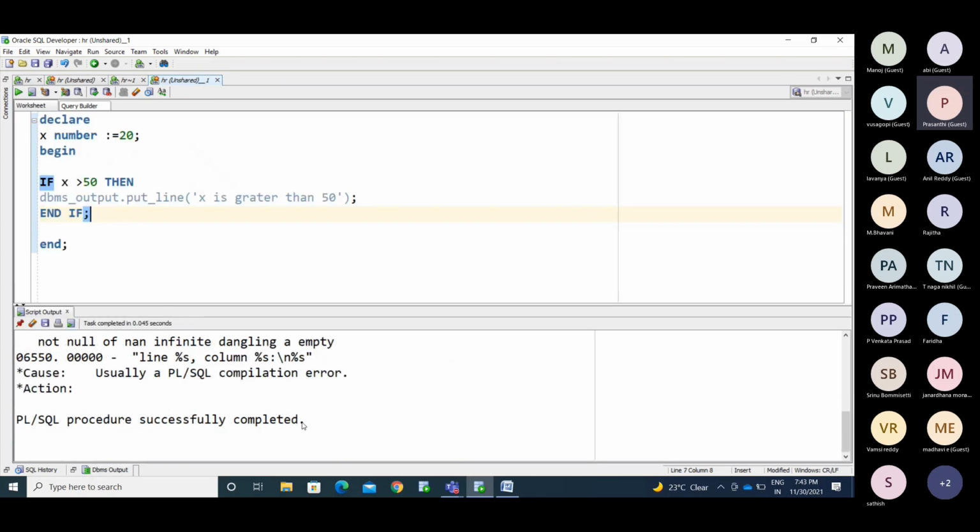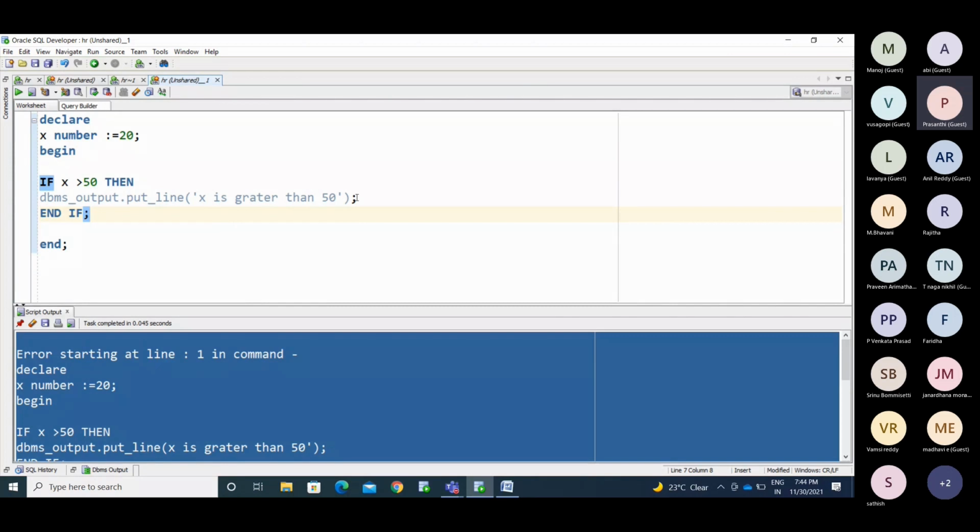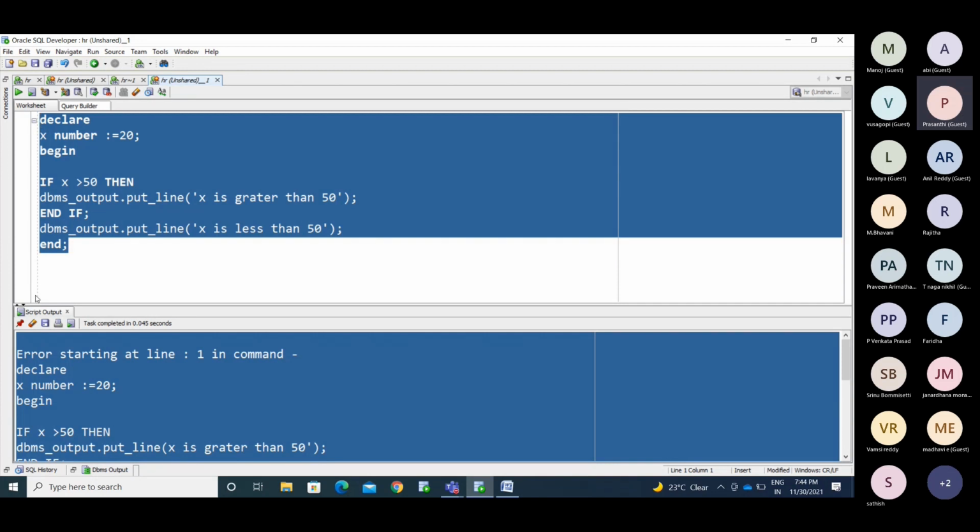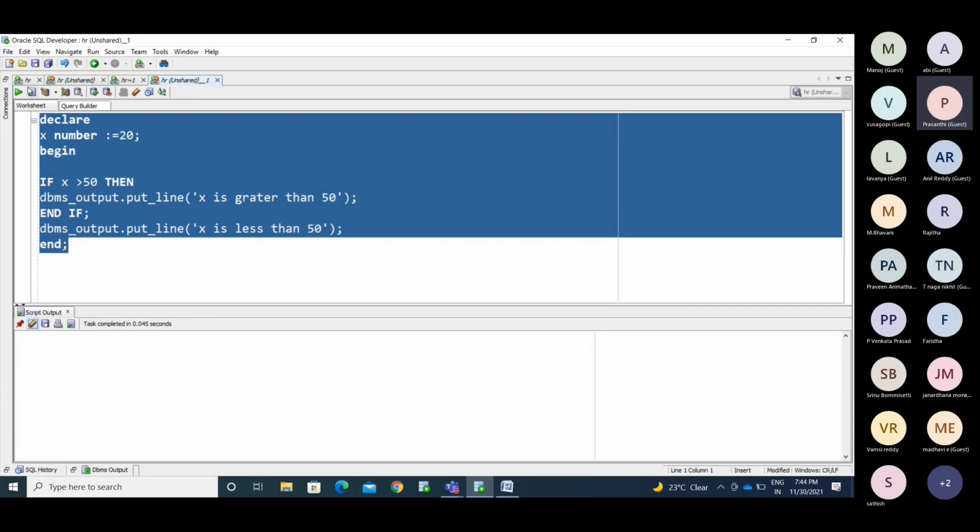See here, the procedure is successfully completed, but you are not displaying anything here. So now you can put it this way: 'x is less than 50'. Now run this code.